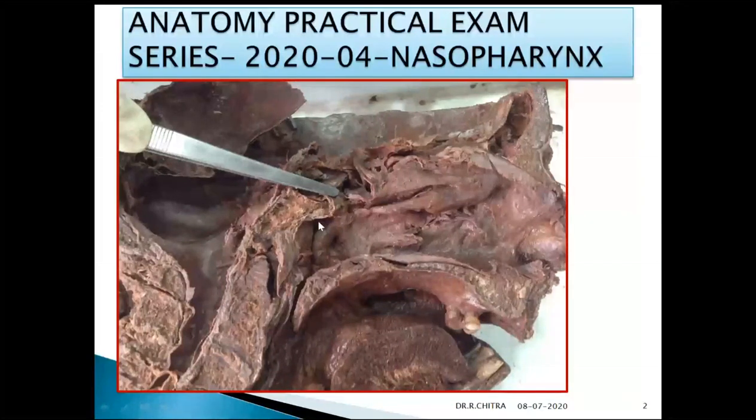And here, if you see at this junction of the roof and the posterior wall, where exactly I have kept this arrow, this is the junction of the roof and posterior wall. This part will contain the nasopharyngeal tonsil and sometimes the pharyngeal bursa. So exactly at the junction of the roof and the posterior wall, we will see the nasopharyngeal tonsil, which is a part of Waldeyer's ring.